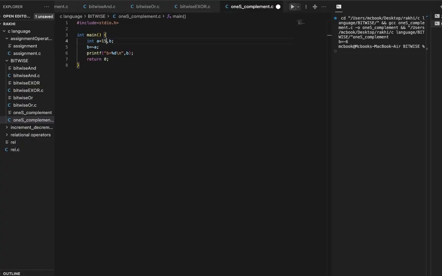We give a positive value, and always a negative value comes. Don't worry, in that program the output is always negative. You can easily understand that in digital electronics, or you can search one's complement in Google. You can easily understand.